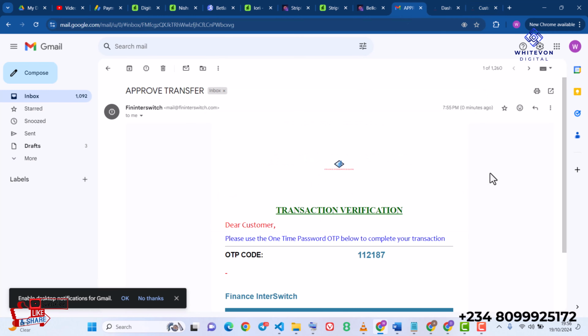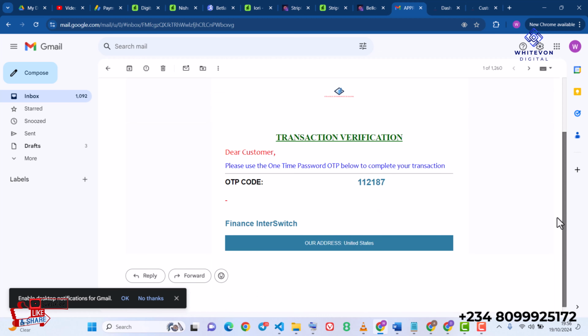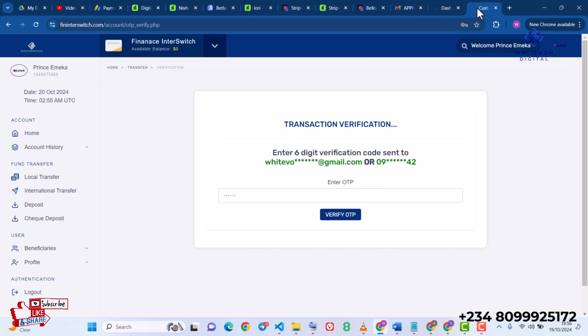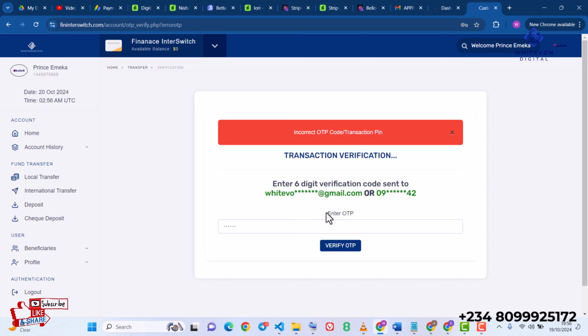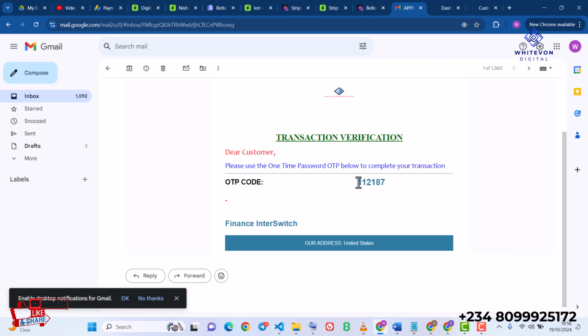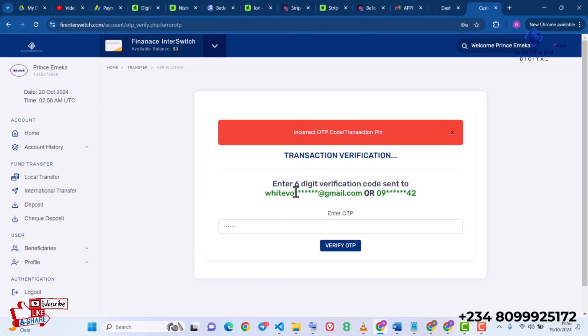So guys, over here I have a mail from the bank with logo and OTP code. I'll just go ahead and copy this OTP code, guys, Ctrl C, and then come over to this point and paste the OTP code, guys, and then I'm going to click on verify OTP, guys, and then it says incorrect OTP code. I don't know, probably maybe because I copied it, but I'm wondering why it's incorrect. I'll just go ahead and copy once more. That's 112187, guys, and then I'm going to click on verify OTP, guys, and then it says sorry, the amount is